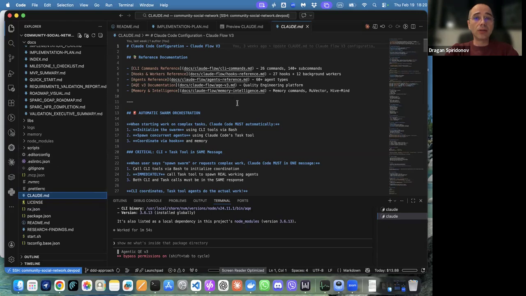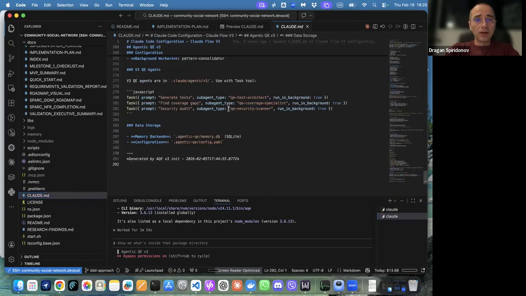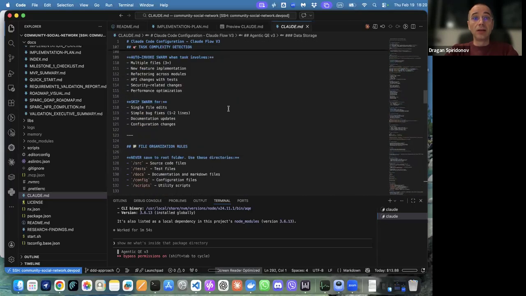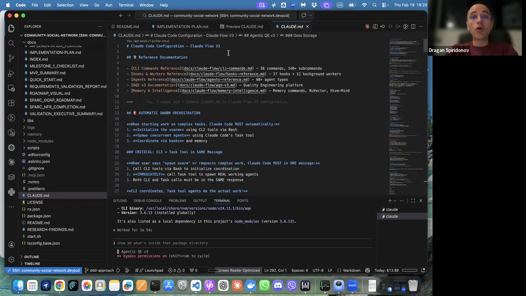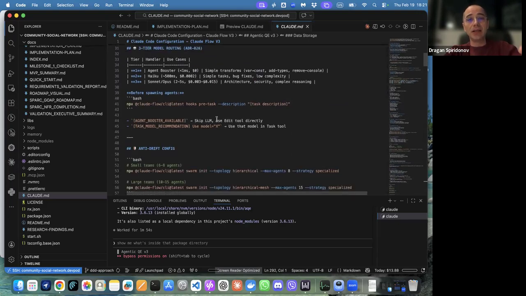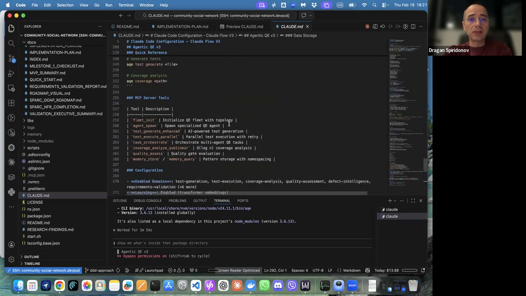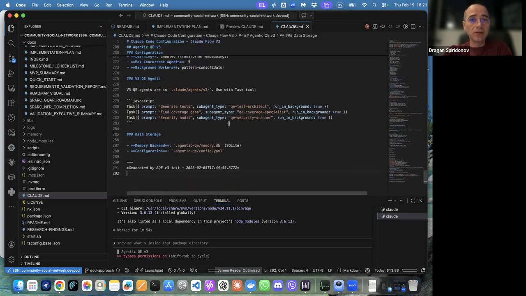My Claude MD right now is less than 300 lines, a combination of both CloudFlow and mine. Mine is like 150. Some of the things are in additional files and should be referenced somewhere.